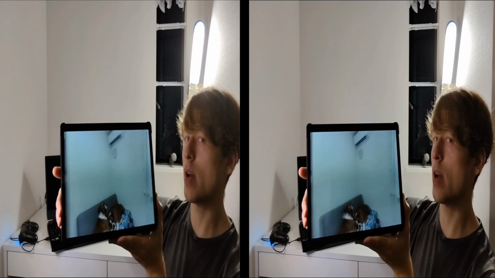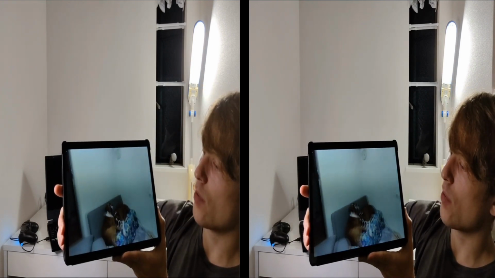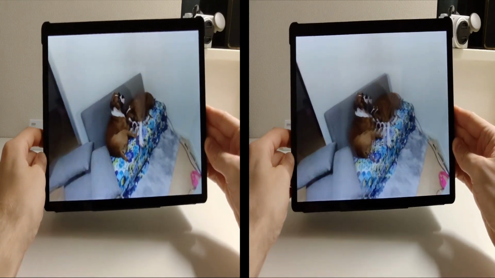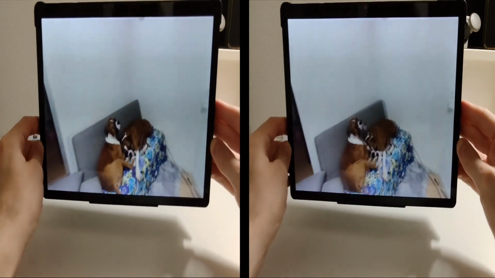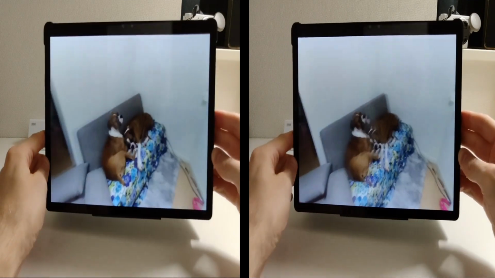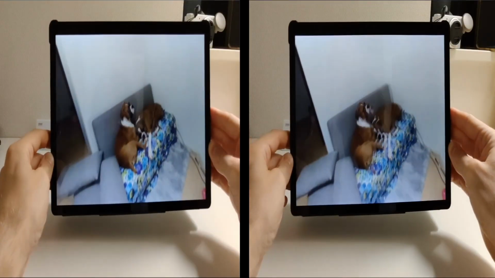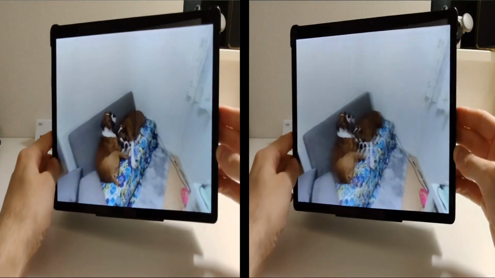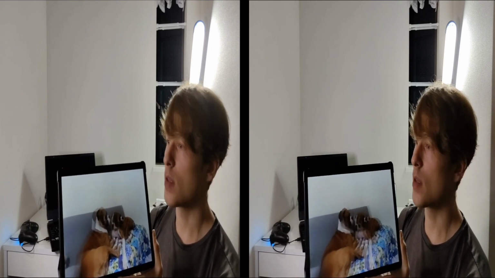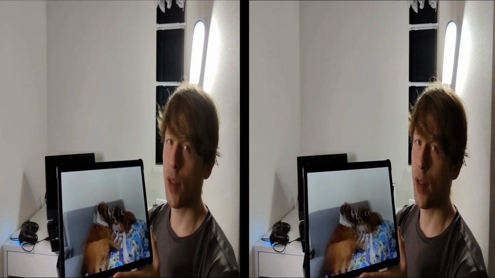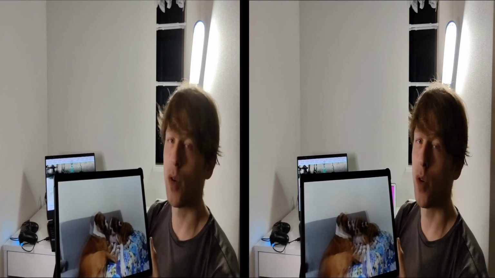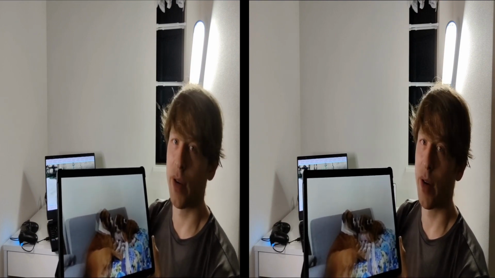So you can see, moving this around, I have this static 180 VR photo in 3D that now is compatible with Leia Player. If you have a camera that takes 180 VR photos, or if you've taken them over time but haven't really had a convenient way to view them, this is by far going to be the most convenient option that you have. All you have to do is store them on the micro SD and put it in your NubiaPad 3D or LumenPad 2, and then you can just open up Leia Player and view these. This combined with 360 3D VR, 180 VR video, and 360 and 180 VR photos makes Leia Player a really full-blown functioning media player for a 3D tablet.